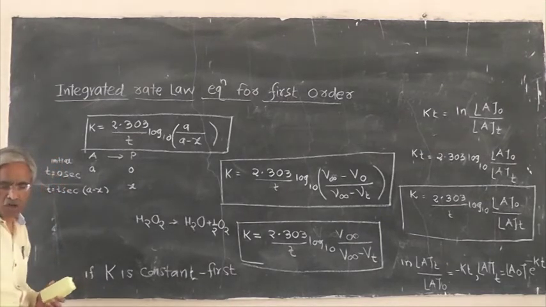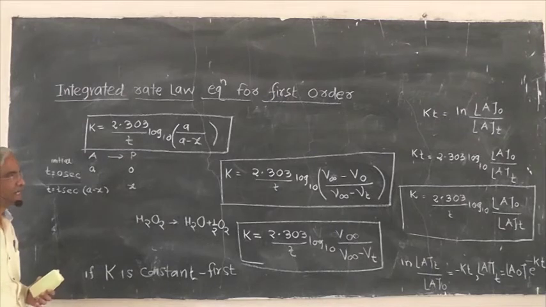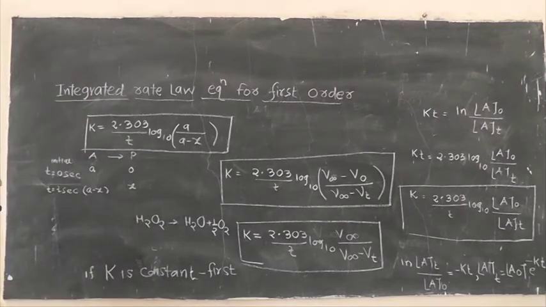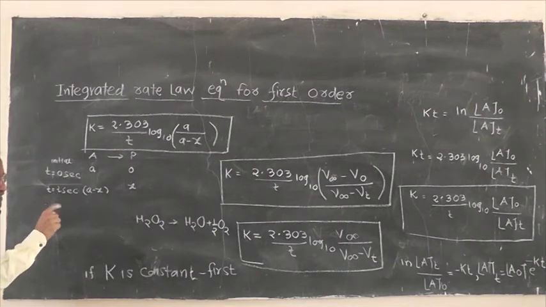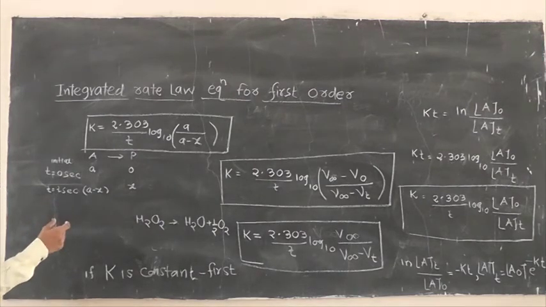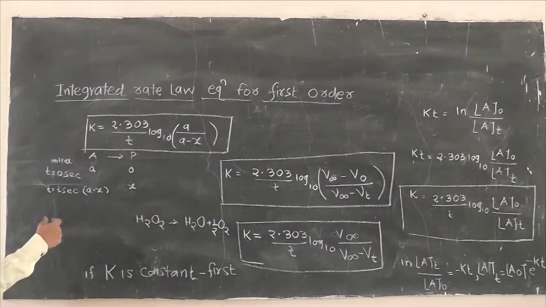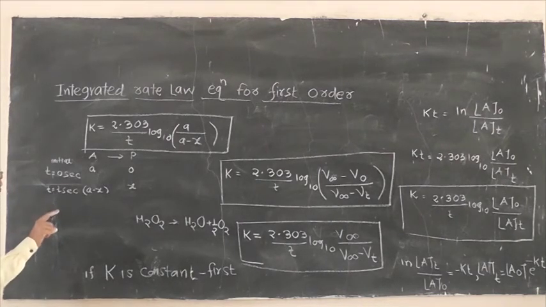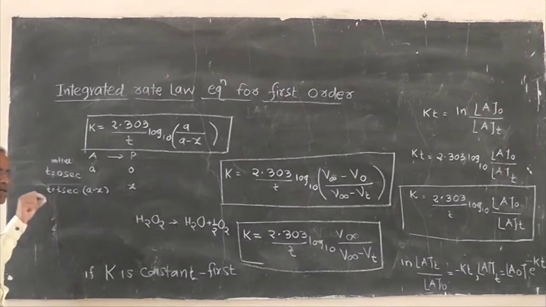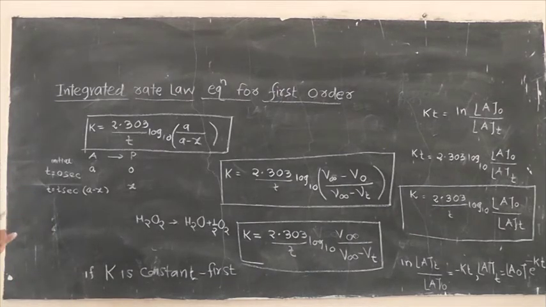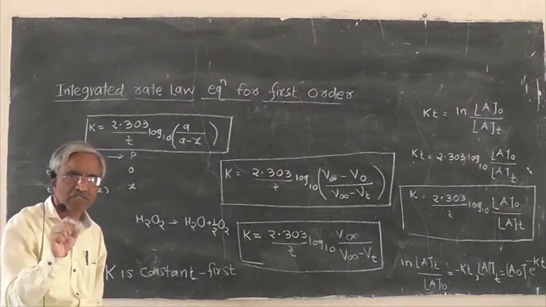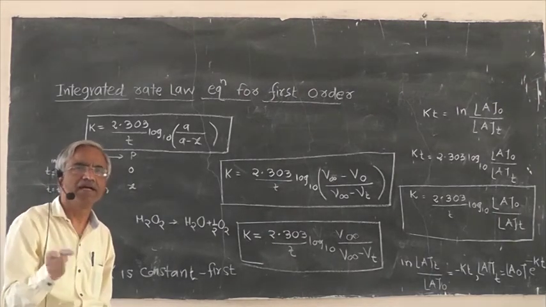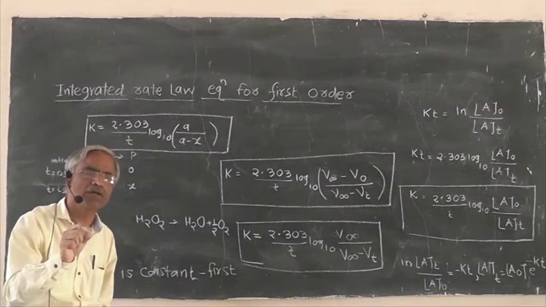So using all these three different integrated rate law equations, if the value of k is found to be the same at different times where we are taking the concentration samples, the concentrations along with the time, if k proves to be the same, the reaction is said to be a first order reaction. So by the integrated rate law equation also we can determine that the reaction is first order.